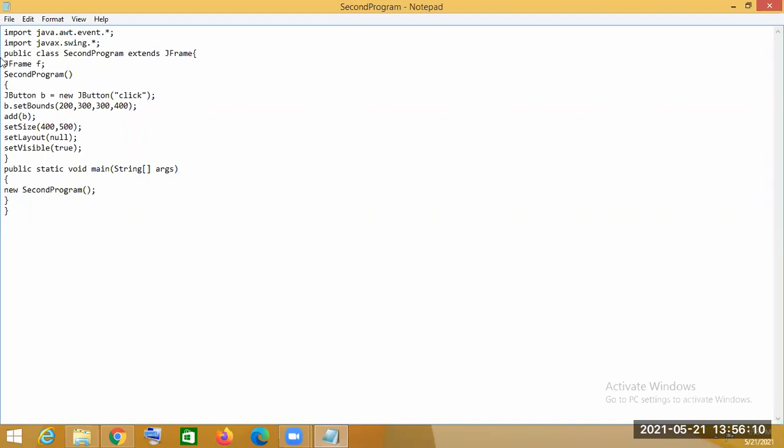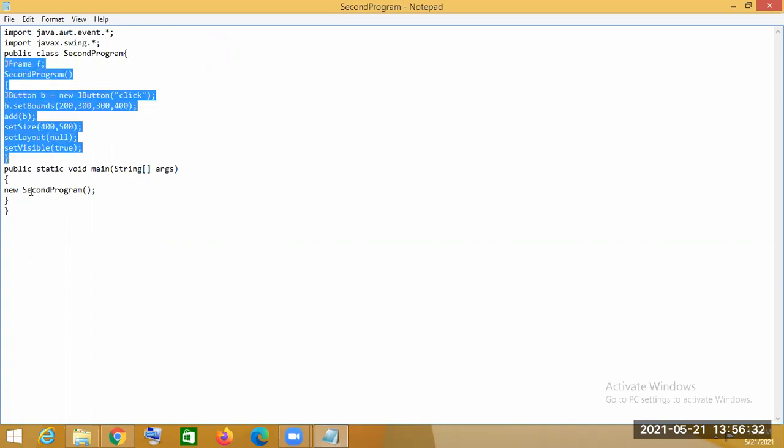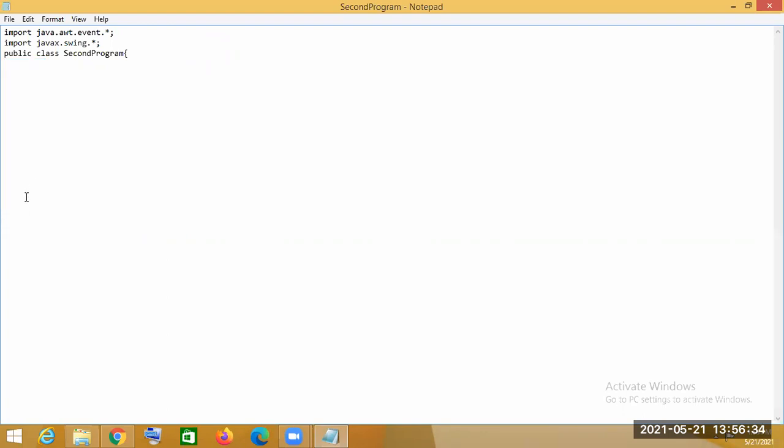Then our swing package should be imported, and after that we first create the JFrame class.